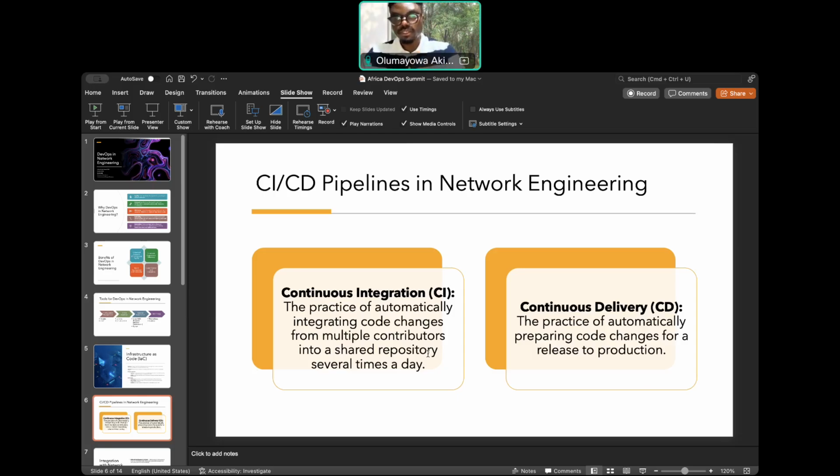And what is continuous delivery? Continuous delivery is the practice of automatically preparing code changes for a release to production. CI is integrating your code changes from multiple contributors in a shared repository like GitHub. Everybody's building. Continuous delivery is the practice of automatically preparing whatever has been built already, ready for production.